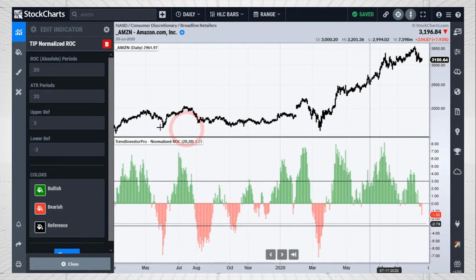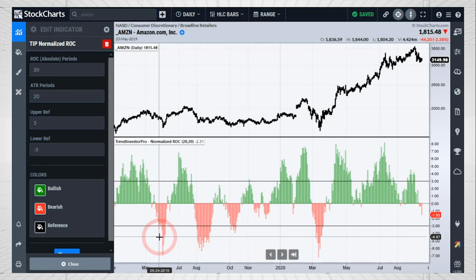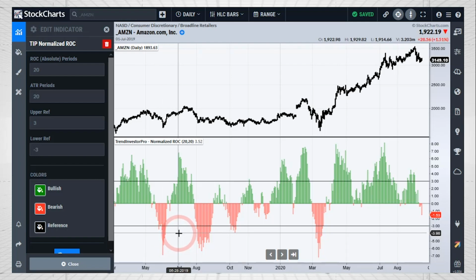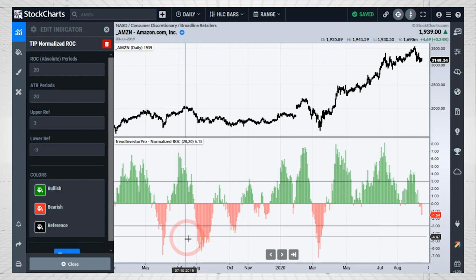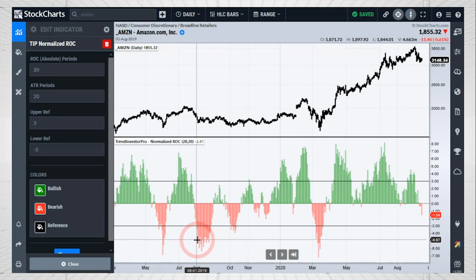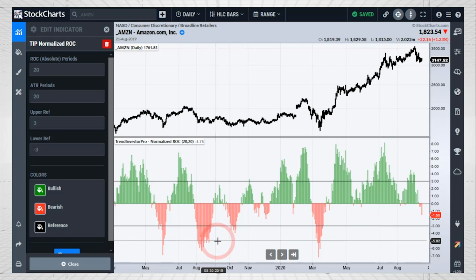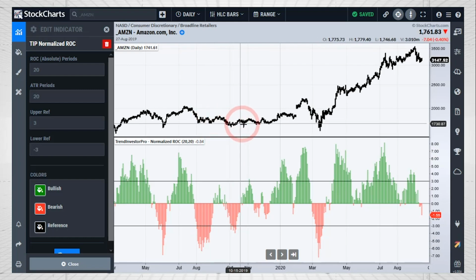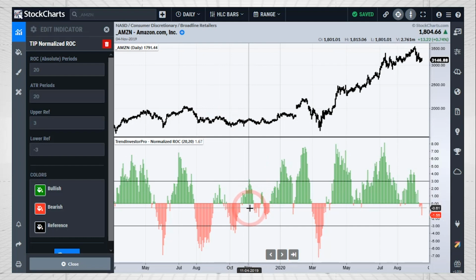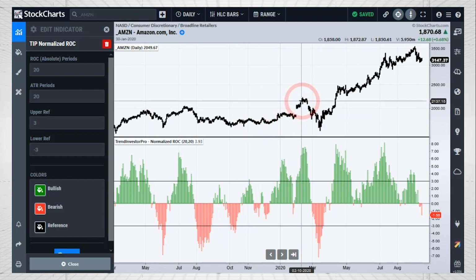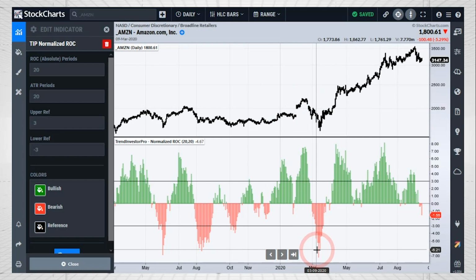So here we've got Amazon with the default settings 20, 23, and -3. And there will be some whipsaws. You can see we got an outsized decline there and then had a new low, but then quickly got an outsized advance. But that didn't last long as we got an outsized decline. And Amazon stayed pretty quiet for several months. But look, during this trading range, all of a sudden, you had an outsized advance. And that suggested that buying interest was picking up. And buying interest stayed pretty strong. You had the gap up. And then we got the outsized decline there